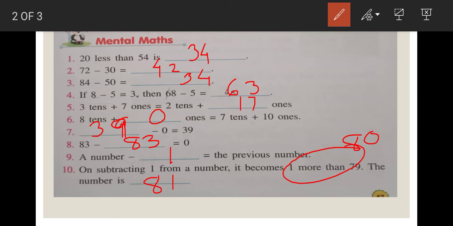I circled this here and wrote all these things to make you understand. Hope you understood this question. This is a little bit complicated for you to understand, but it is not so tough. So now we have completed page number 47. Mental maths is over. Now let us see word problems. We will be solving word problems from the textbook tomorrow. Today we are just going to do one word problem that is already given in your textbook.